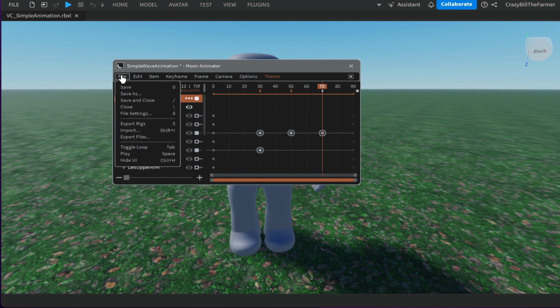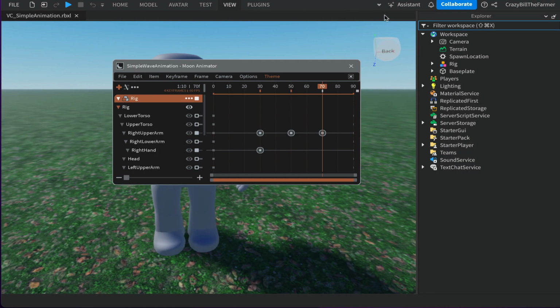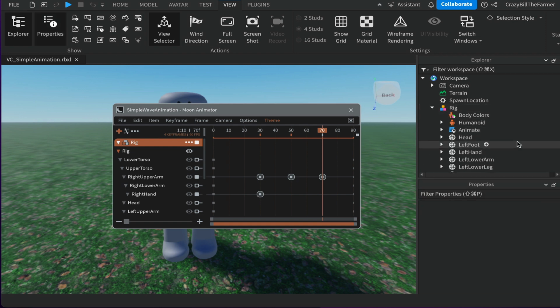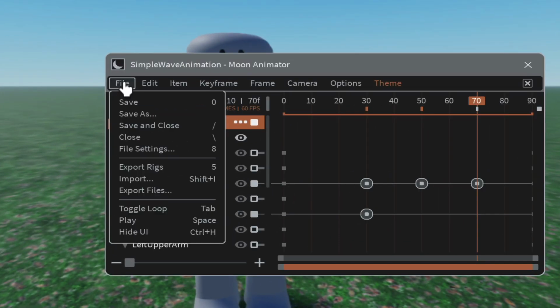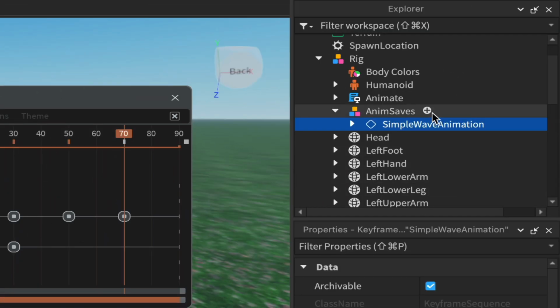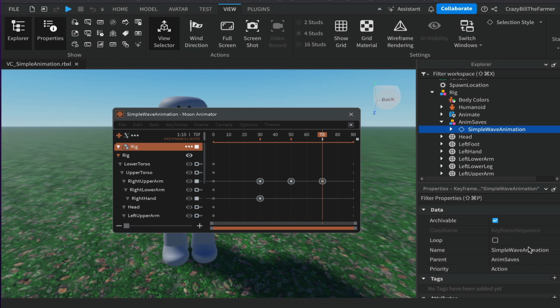So before we do that, just click on File and Save, and we're going to bring up our Explorer and Properties windows. So at the moment inside of your rig you don't have any animations, when we do this, so come over and click on File and then come down to Export Rigs, you should see Animation Saves pops up as a model with this keyframe sequence underneath it, and we're going to save this to Roblox now. So once you see that, right click on it and come down to Save to Roblox, and a window should open up